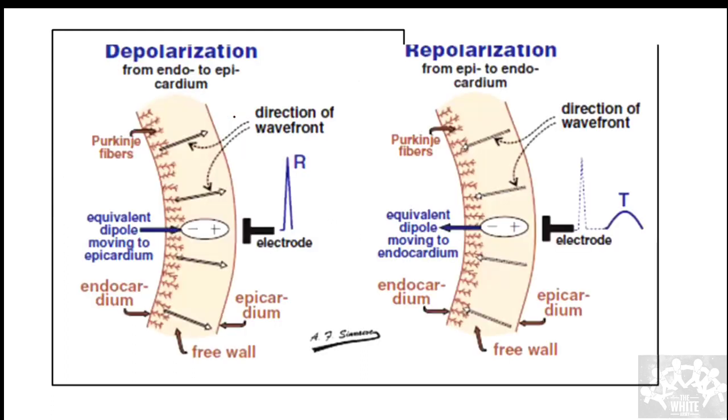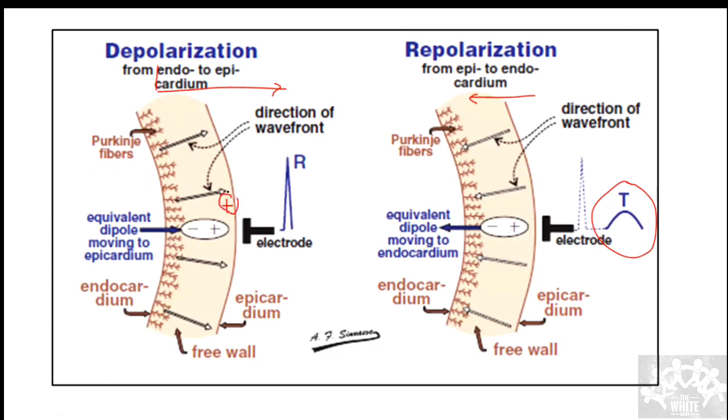So the next thing, coming to the T wave. The T wave, although it represents repolarization, is going to be positive. The reason being the direction of repolarization. Depolarization is going to happen from the endocardium to the epicardium, but repolarization is going to happen from the epicardium to the endocardium. Depolarization is the increase in positive charges going towards the lead. So I get a positive deflection.